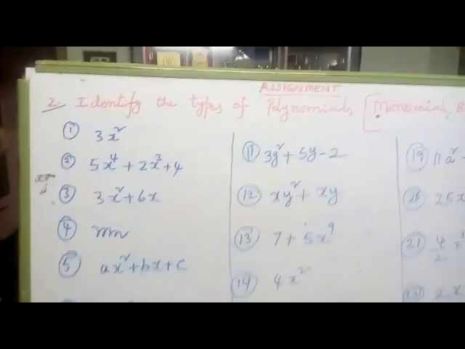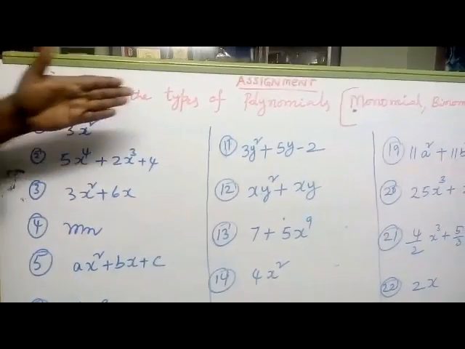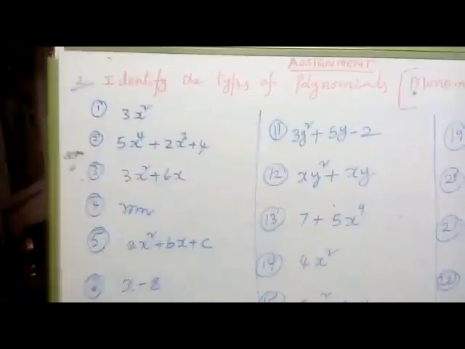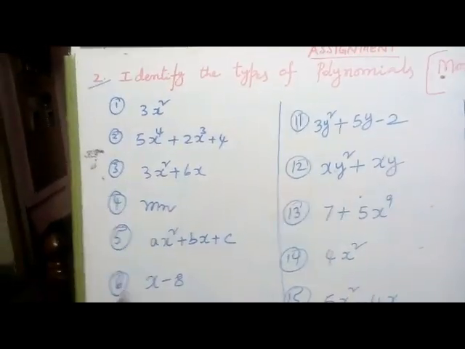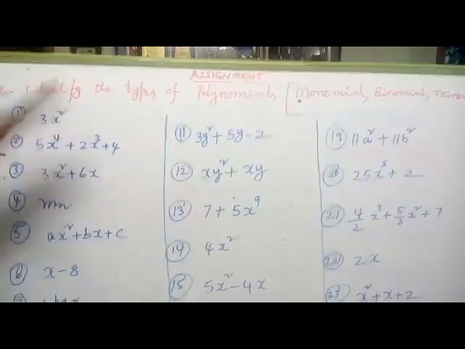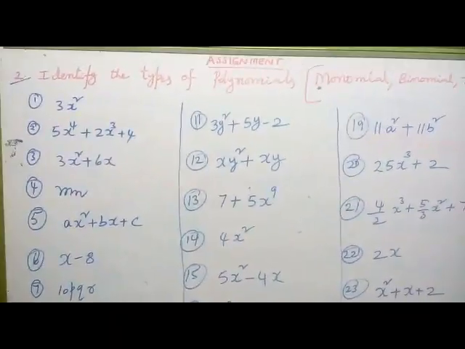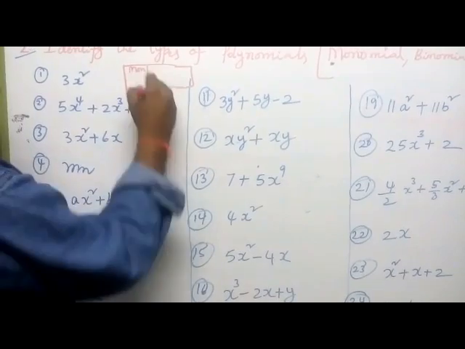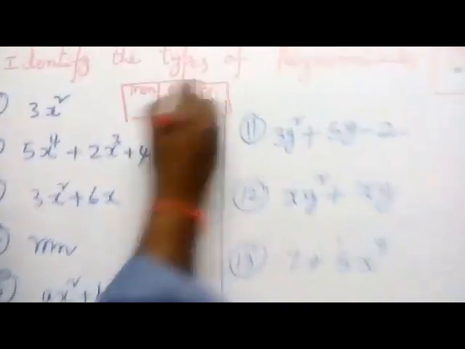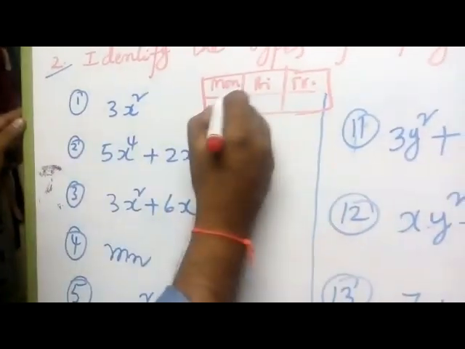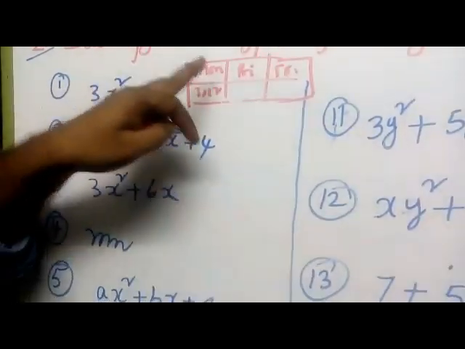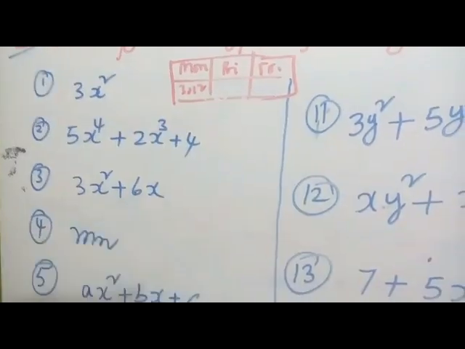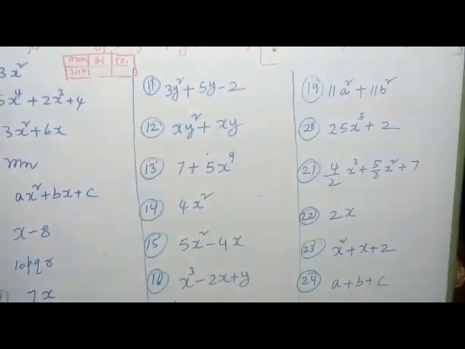Now one more question that belongs to types of polynomials. Identify the types of polynomials. Here I have given 25 questions. Very easy only. Just identify and write. Better you make a table. I am explaining how to write the table. Draw one table with columns monomial, binomial, and trinomial, and identify and write. If the first one is a monomial, write 3x square like that. If it is one more monomial, write it. If one more is a binomial, you write it in that table. That is better. Okay.